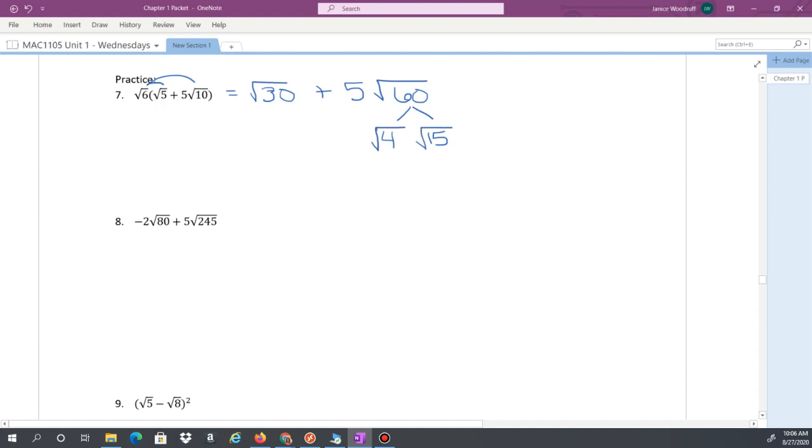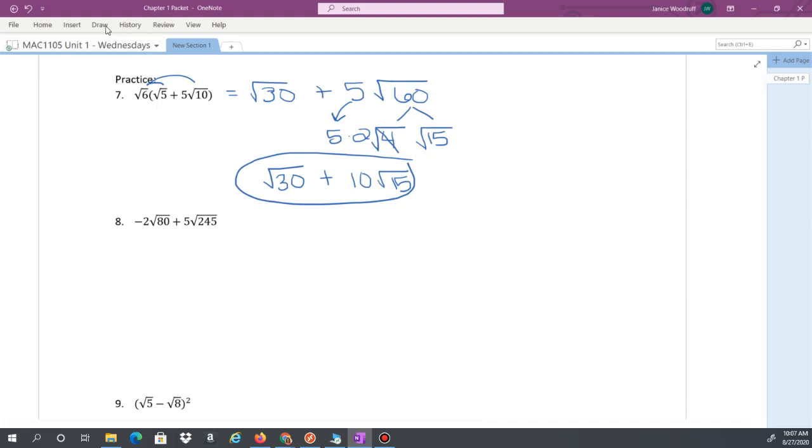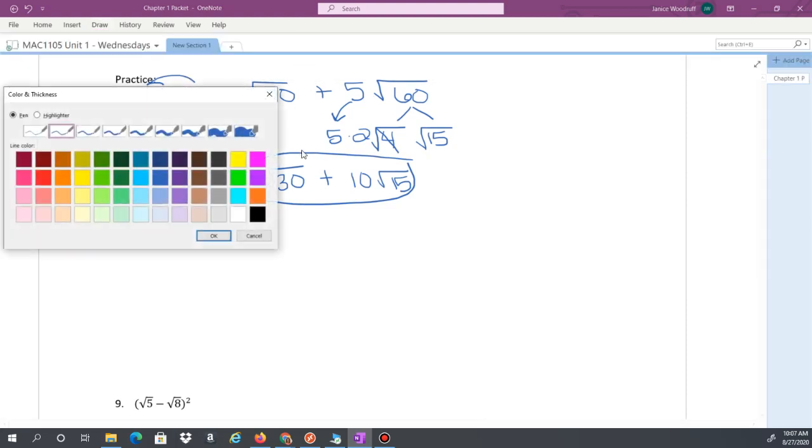Okay, take the square root of the perfect square, so that'll be a 2. And then I want to bring this 5 down, so that's 5 times 2. So then this is going to be radical 30 plus 5 times 2, 10 radical 15. And since those numbers are not the same under the radical, we stop there. All right, next problem, let's see. We've got